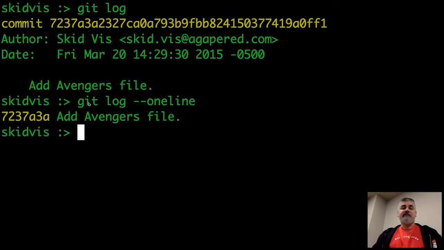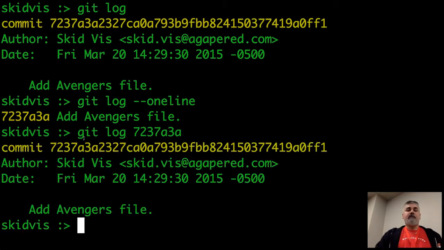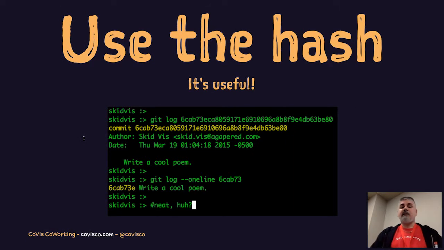So if I wanted to see that log, I'm just going to copy this because I'm not going to remember that. But I can type in git log and then pass it that, and it'll show me just that one. So you just need to know the first 7. Sometimes it's even less than that if it's very unique. So that's what that's for, and we'll use that a lot.